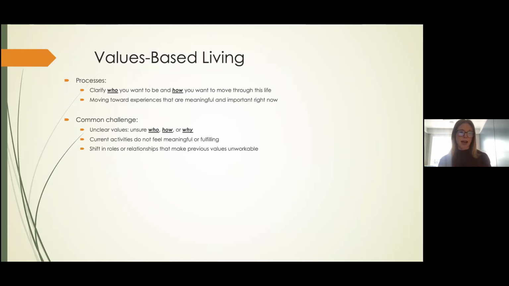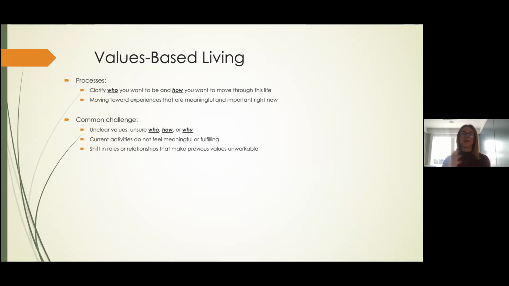Another place we might see someone not connected to values is when someone is going through a transition, maybe in their roles or in relationships, where the previous values they were operating on no longer seem connected to them anymore. They're not providing what they used to provide. So maybe parents who have kids that are grown up and that role has changed, and their values were around being a parent and care-based living or caring for someone else, or working to provide. And now that shifts. I'm sure we've all had clients who've made that transition, and there's this kind of a lost feeling.